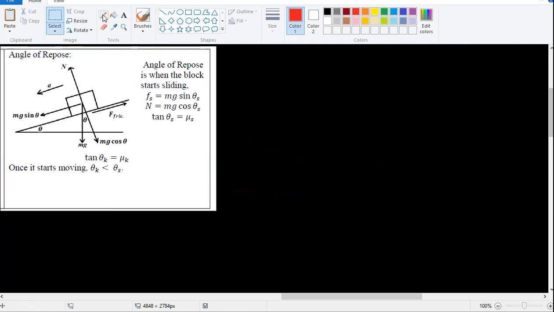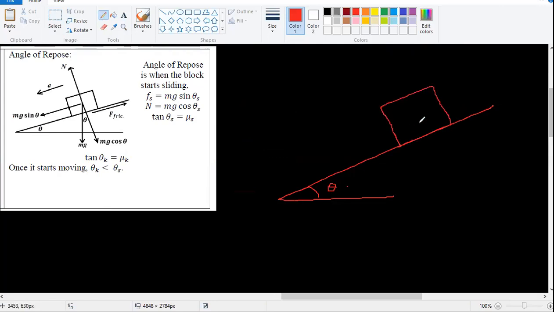This is even more interesting. So listen carefully. I have an inclined plane like this, inclined with the horizontal at angle theta. If I have a block over here, the mass into gravity, which is gravitational force, will always act downwards. But we can split this into two components, this way and this way. So if this is theta, this is also theta.